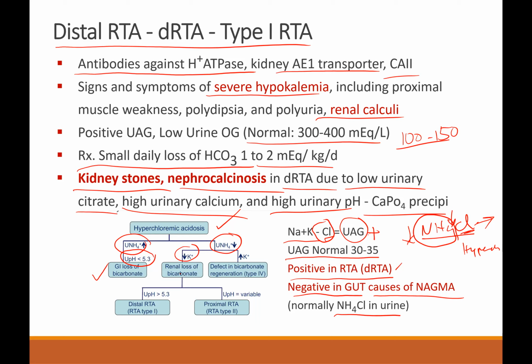And that can be only two types, type 1 and type 2. How do I distinguish type 1 and type 2? Looking at the urine pH. Urine pH is more alkaline in case of type 1, because it is the bicarbonate wasting, sorry, the urine pH is more than 5.3. Here it is variable, because in type 2 RTA, initially the urine pH may be normal, later on it may be more acidic. So look at the urine pH. This is one little way of dissecting the different causes of hyperchloremic acidosis.